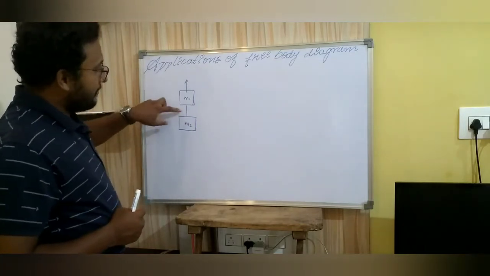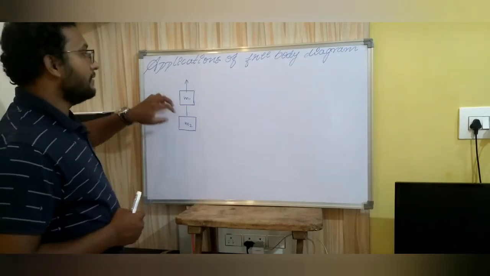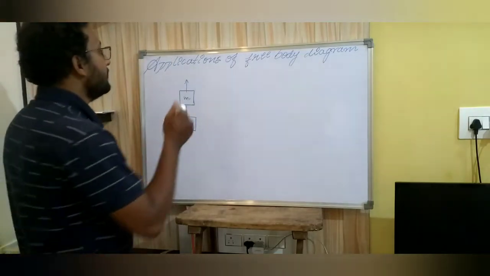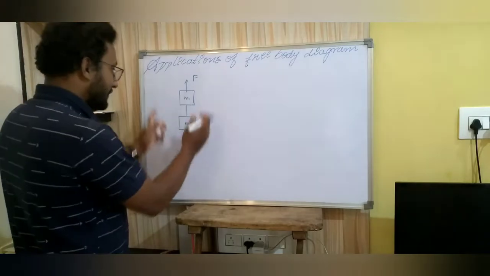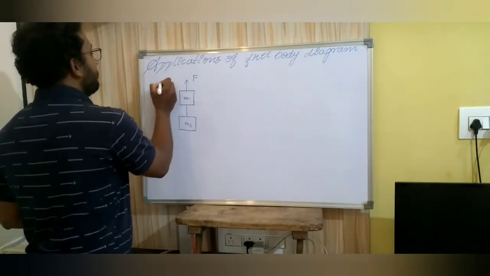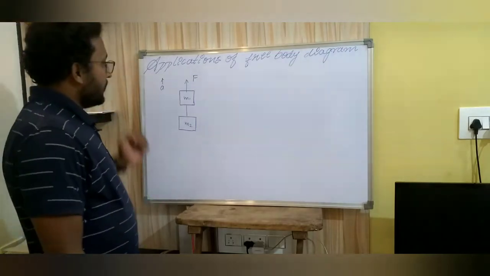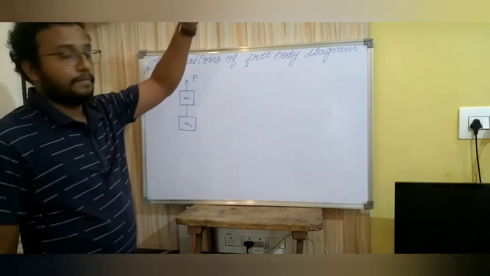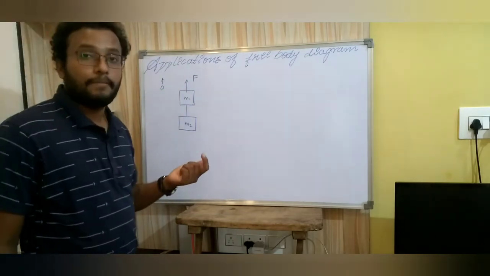So they are connected by massless and inextensible strings in between them, and the system is pulled against the force of gravity with a force equal to F. Because of this, the acceleration of the system is A, in the upward direction. When the system is accelerating upward, there is no relative displacement between the two blocks, which means